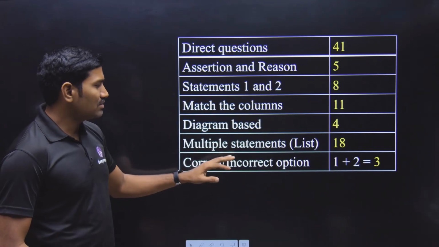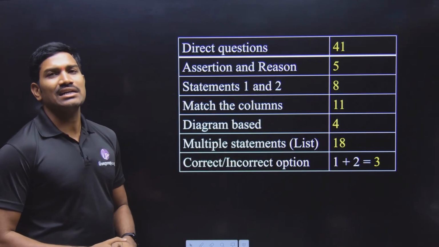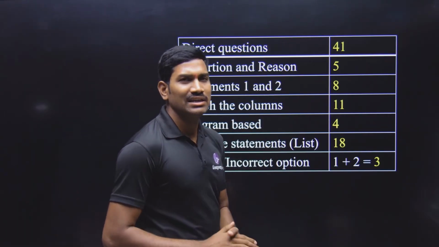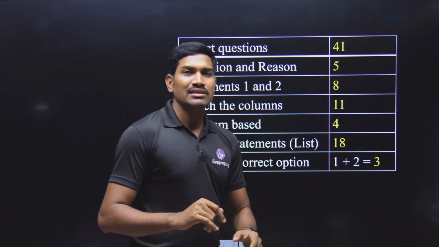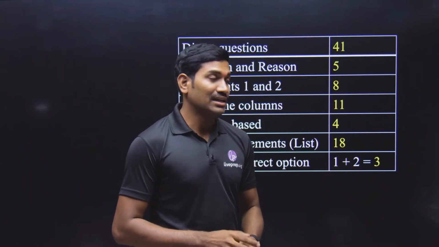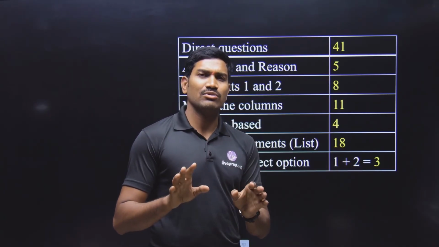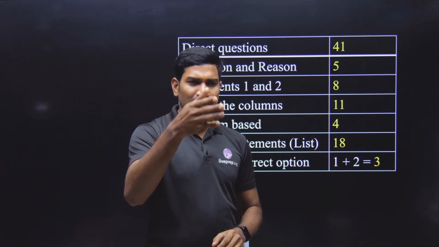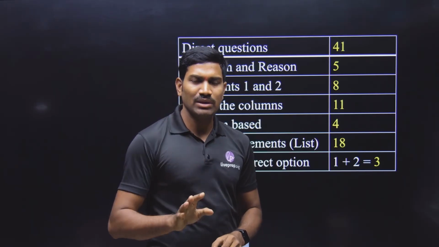Before going to this, first let me talk about the correct and incorrect option. Identify the correct statement, identify the incorrect statement. Likewise, they have asked a total of 3 questions. One is to identify the correct one and one is to identify the incorrect one. These are direct question types. Identify the correct statement: they have directly given 4 options and one of them will be correct.